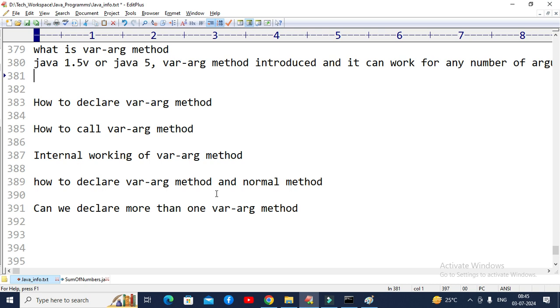If you pass two arguments, if a normal method is already there, that normal method will be executed. If there is no normal method, then it will go to the Var-Arg method, and that Var-Arg method will be executed. Okay, with this I am able to complete how to declare a Var-Arg method and a normal method in a single class. The next,